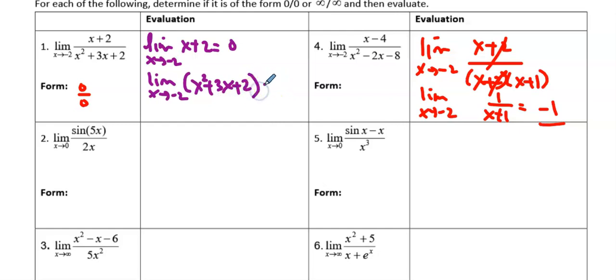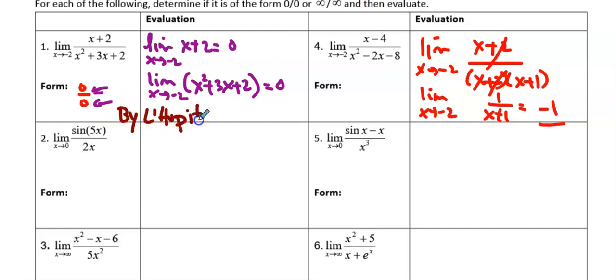And right now, like I said, I just really care that you guys know how to do L'Hopital. So once you have said that the top limit is equal to 0 and the bottom limit is equal to 0, and really what that is, you've now verified that you have the indeterminate 0 over 0. Okay, that's what you've done. Then you're going to say, by L'Hopital,